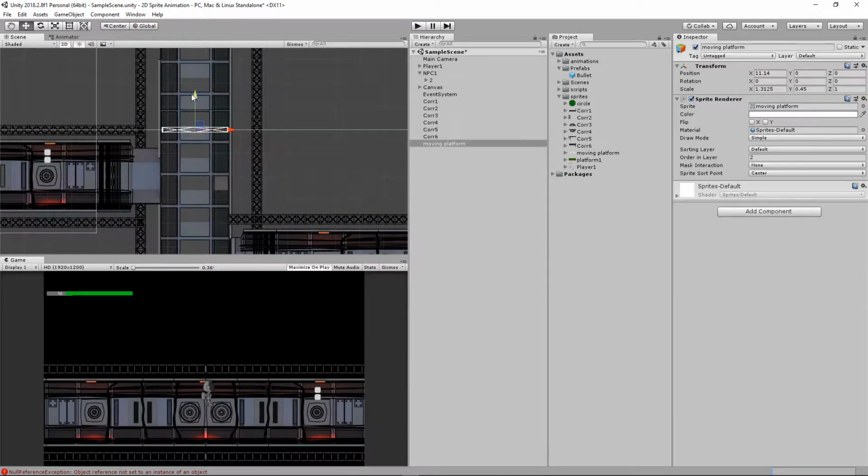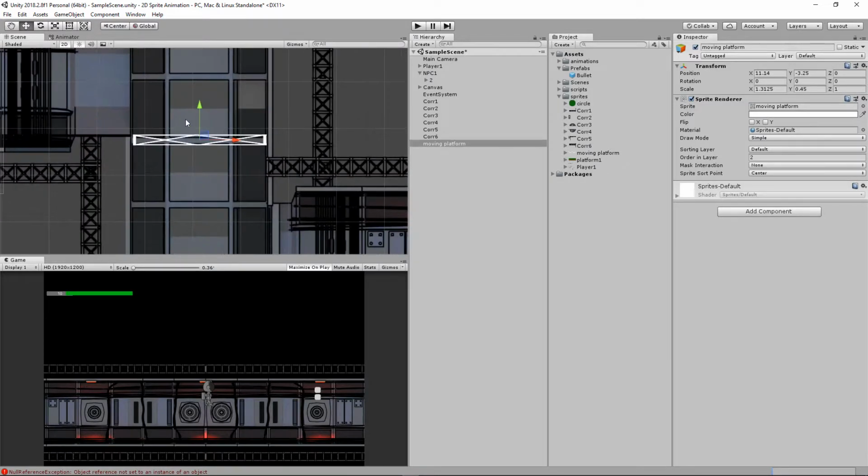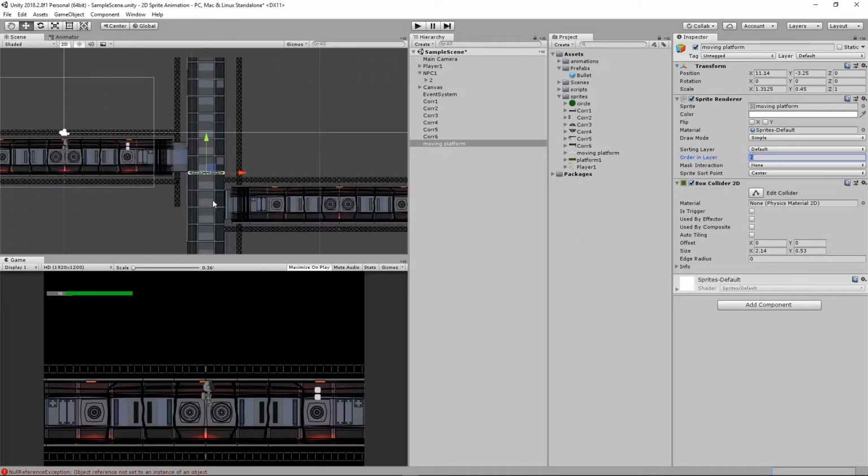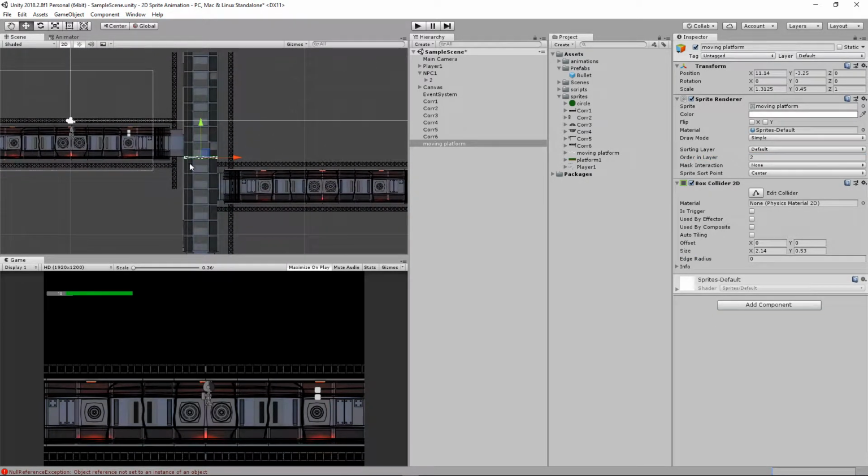Now, I'm going to position that there, and then I'm going to add a box collider to this. So Physics 2D, box collider. Now, what I want to do with this is I want to put in a very simple system where the character can move on and off the platform